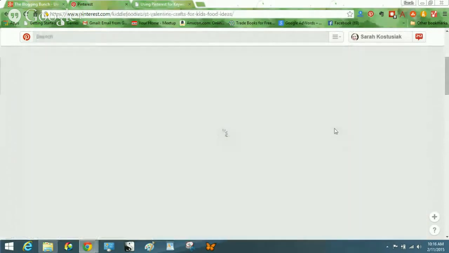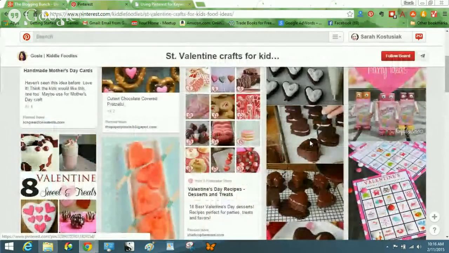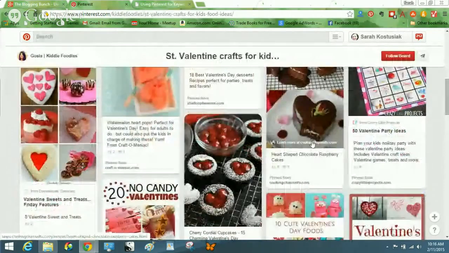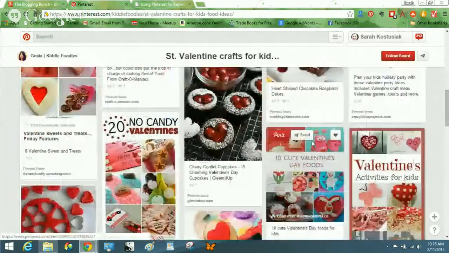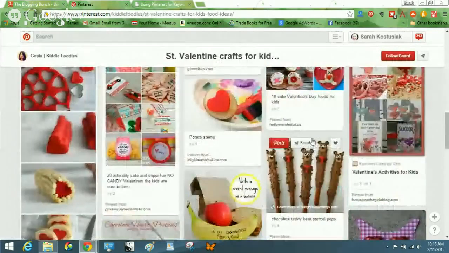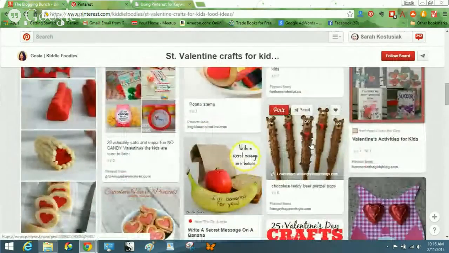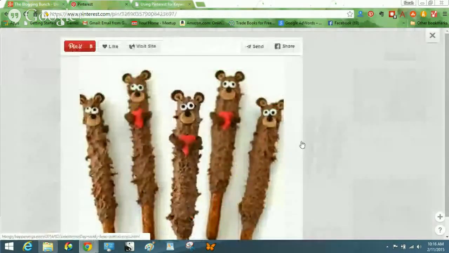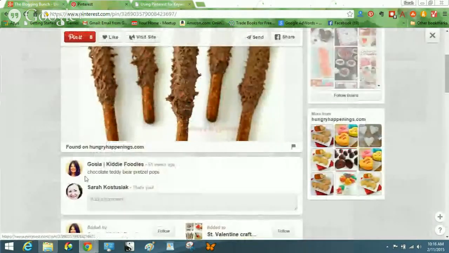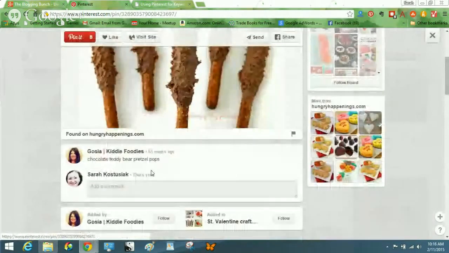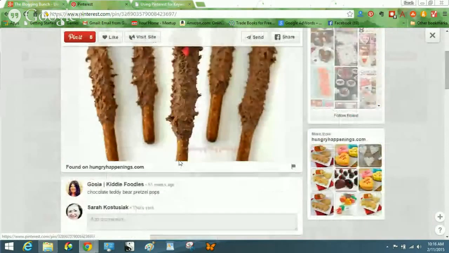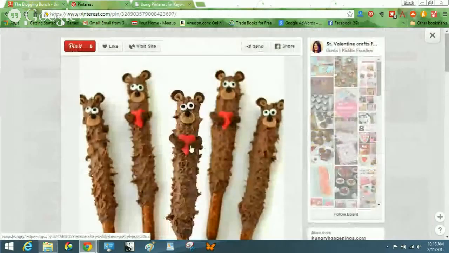Here's one. And of course it's cookies, right? So I'm really gonna just convince Pinterest this is all I pin. Okay. Those bears are kind of cute. So we want to pin. I look at it and she's got chocolate teddy bear pretzel pops. It's for Valentine's Day. Maybe she's trying not to pigeonhole it,